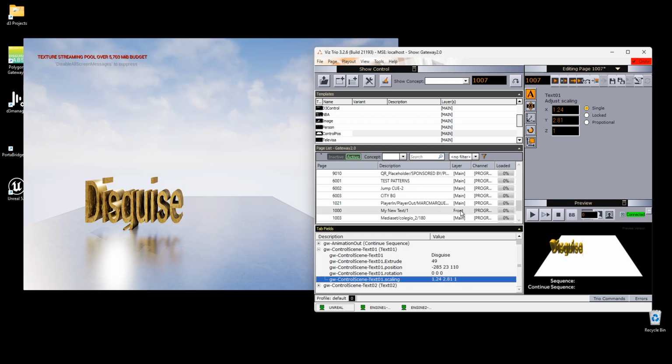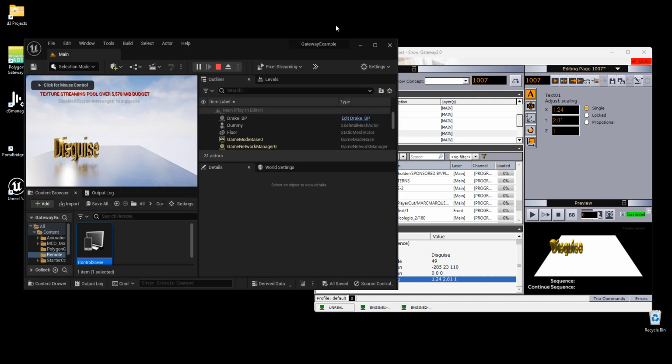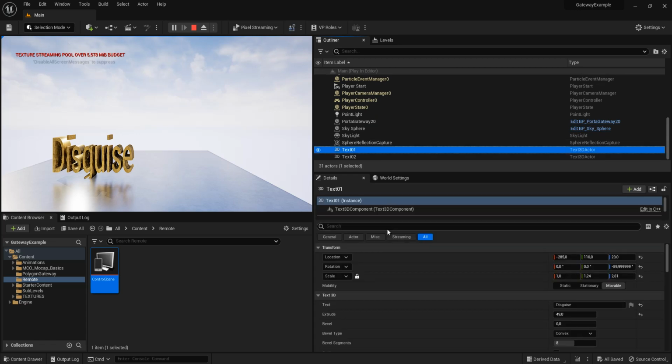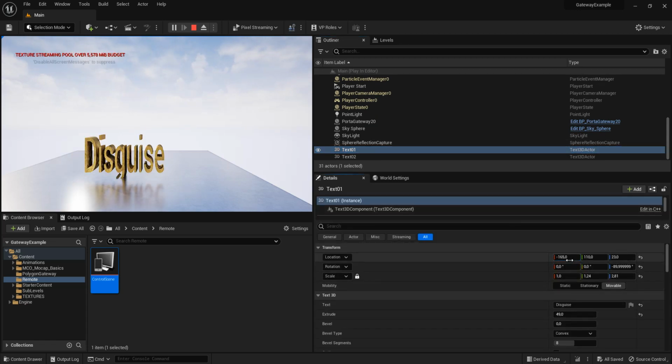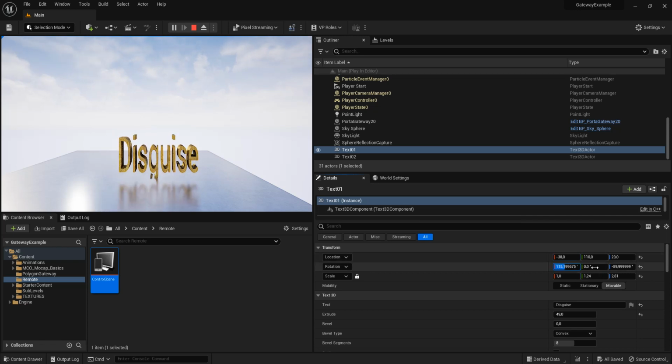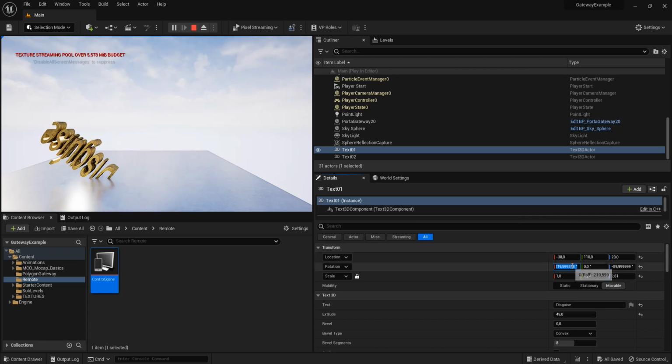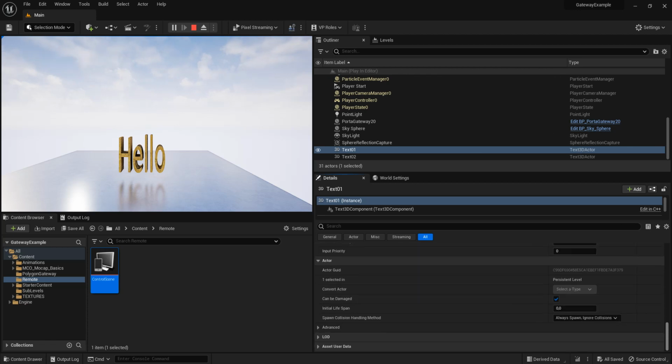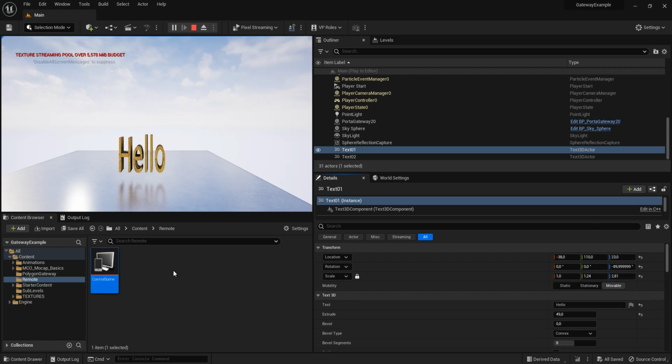The way to control this is going to be using the remote control presets. In Unreal Engine, every actor has some properties that you can change, like you can change the position, you can change the rotation, you can change the text. Of course, the designer will be able to change all these parameters manually from here, but also the designer can